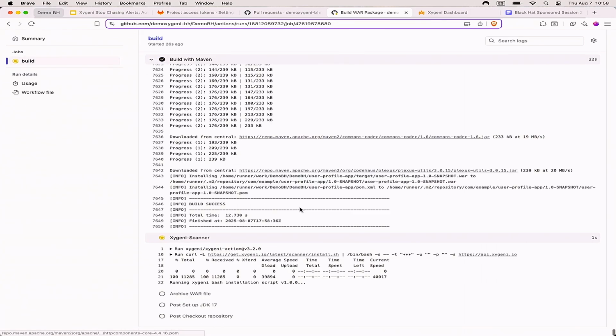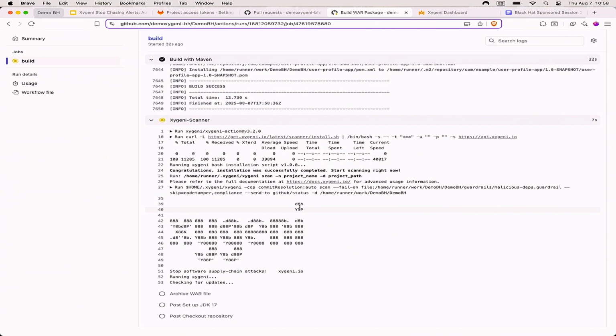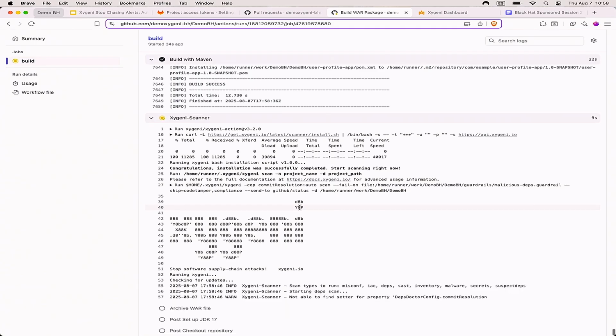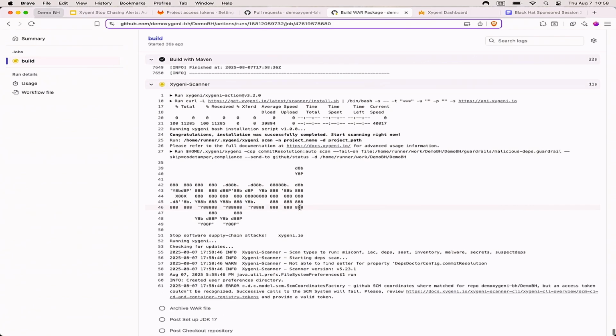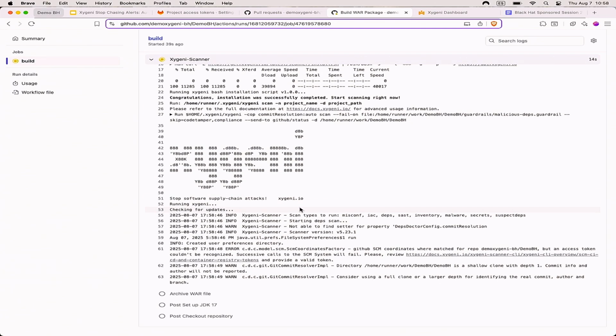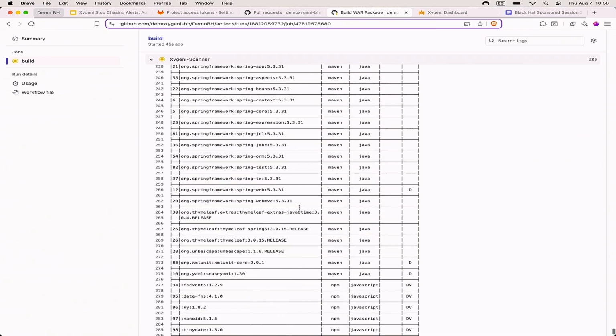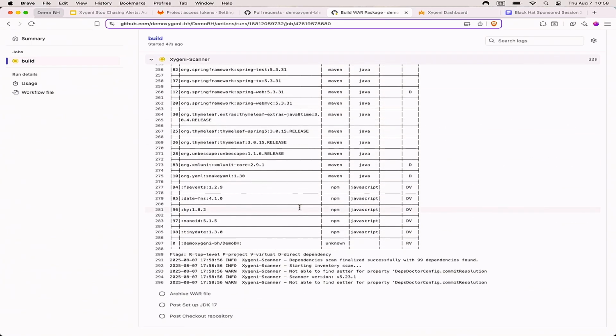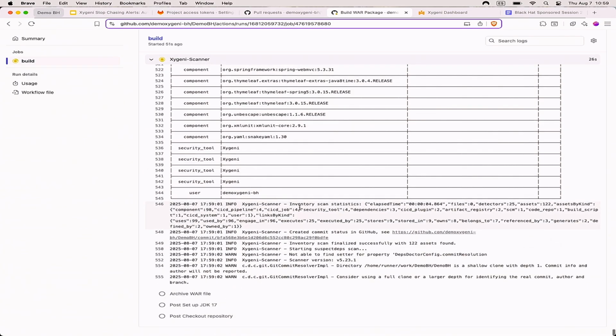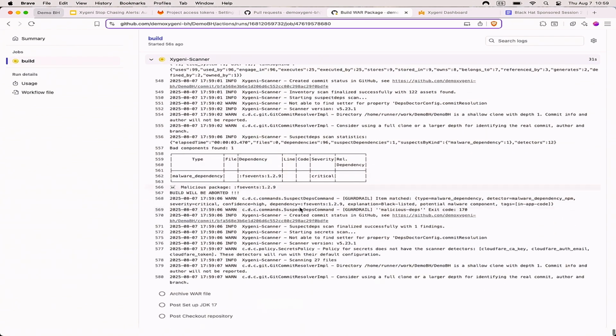It takes some seconds. We are going to start the scanning part. We are going to do all the discovery of the components and the resolution of the dependencies. We are going to find all the secrets, the vulnerabilities, and these things that we are going to put in the platform just to do the later analysis. And at the end, we are going to see the message showing that the artifact was not created, or we can stop the process with these capabilities.